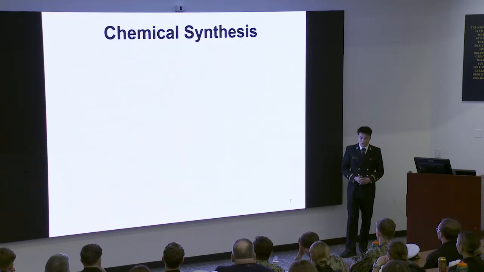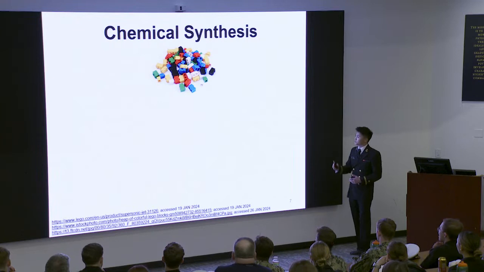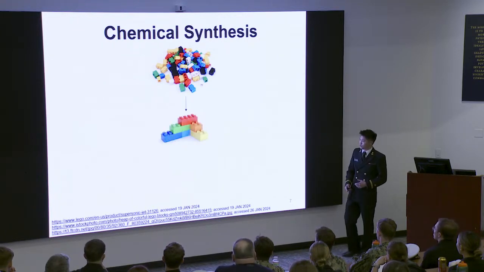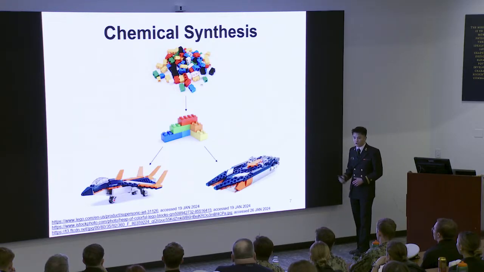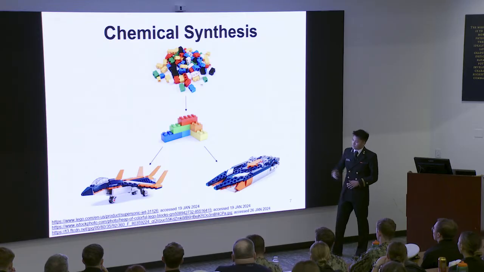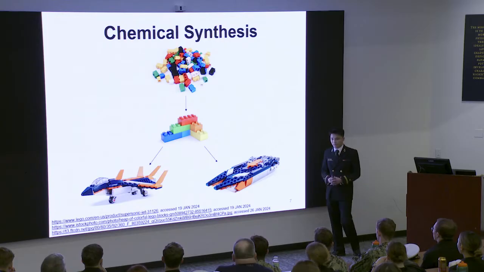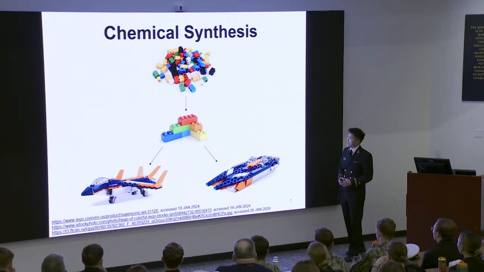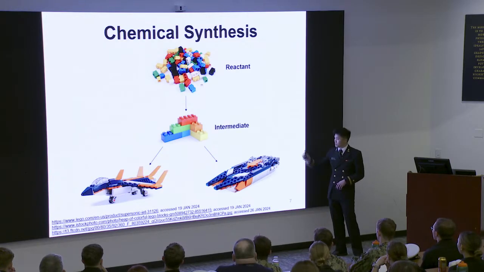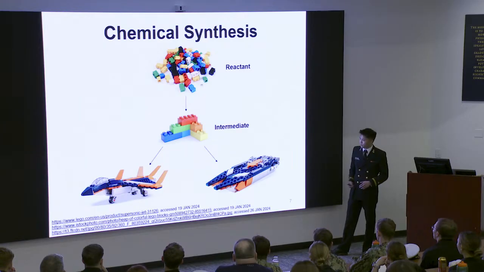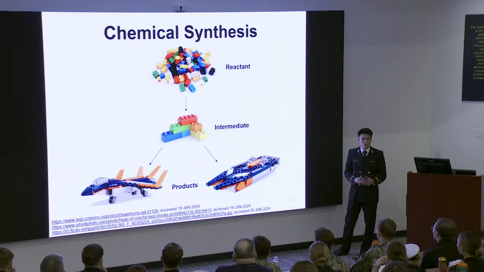Chemical synthesis is very similar to the assembly of Legos. As many of you may be familiar, Legos come in all different shapes, sizes, and colors, and can be clicked together to create larger structures. The way in which they're assembled determines the structure of the target product. In this case, it is either a plane or a boat, 2 products with very different structures and therefore different functions. This is analogous to chemical synthesis in that smaller compounds, known as reactants, can undergo various changes in bonding to form intermediates, which are on the pathway to forming target products. The chemical structure of a product determines its function.